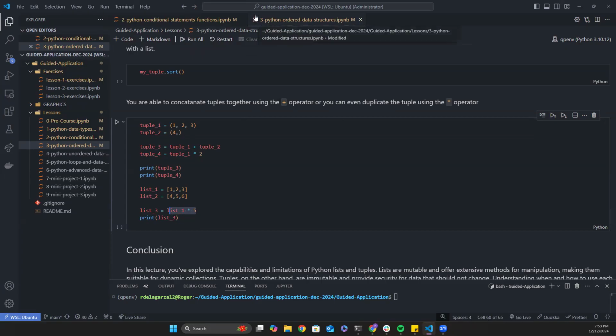Do I have any questions on lists or tuples? What if the list is not an int? Where, Devin? If you're saying like list2 is not a list and it's a number,